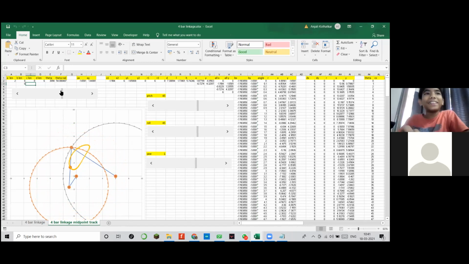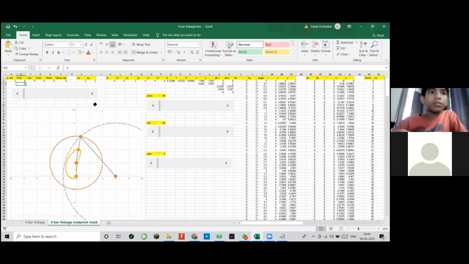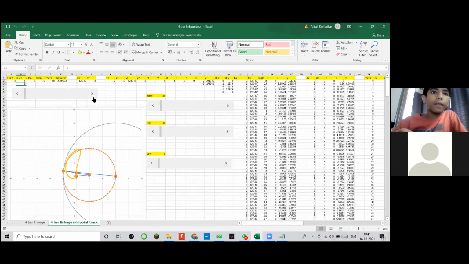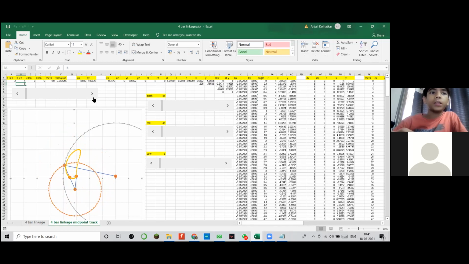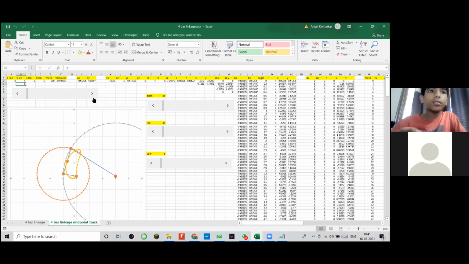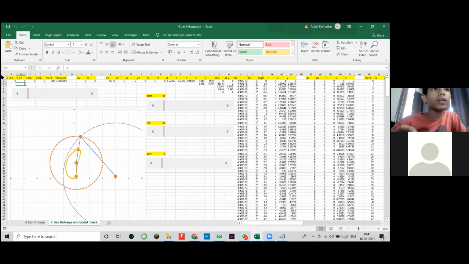So this is what I wanted to show you, sir. Can you make a write-up of 10 points, what steps you have followed to do that, what formulas you used, in 10 to 15 bullet points? All right, sir, I'll try, sir. For this 4-bar linkage, the plotting. Yes, yes. Okay, sir, I'll try.